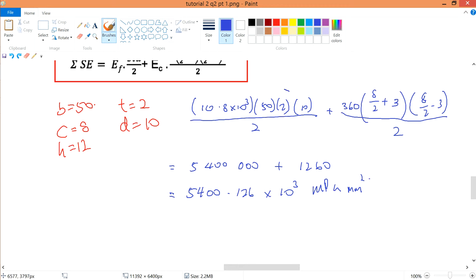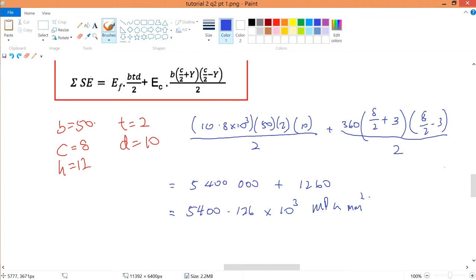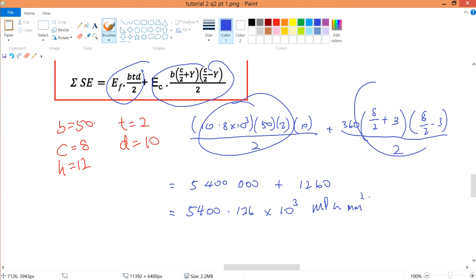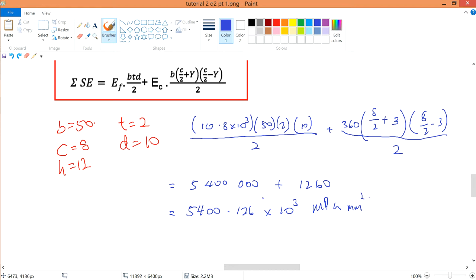So coming back to our summation of the SE, the first moment of area multiplied by our Young modulus, this is the equation. So I'll just simply sub it in. This thing over here is this one, this thing over here is this one. Once you get that, you'll eventually get this value, which is also similar to your lecturer's values. And I just want you to take note that this is actually very insignificant compared to this, and this is why we normally ignore this. But the y values, you may wonder, why do we put 3? The y is not given, as you can see.